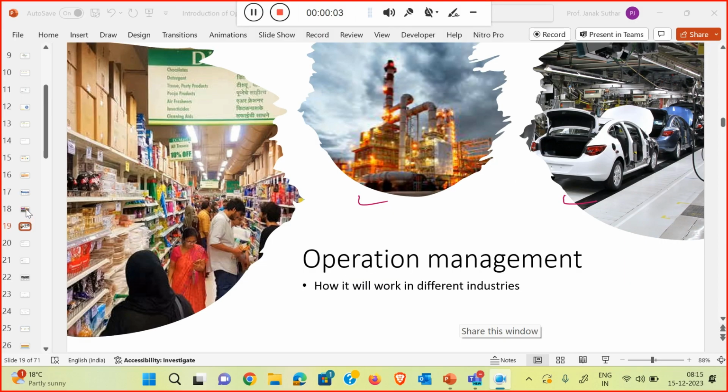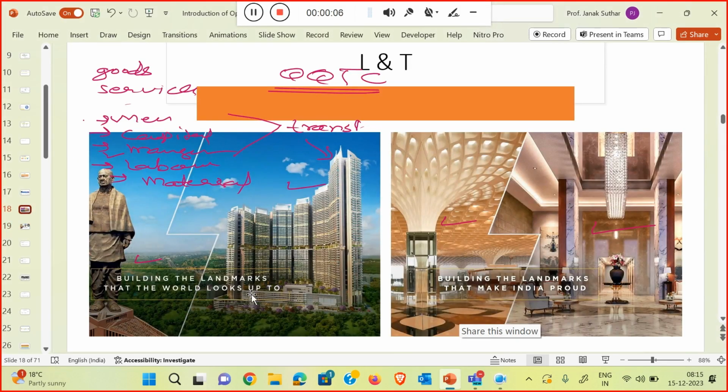So any doubt? Again, you can see these are different types of products, or goods, which are produced. For that, some input is required. That is man, capital, management skill, material, and energy. So many things will be there, and some transformation process will be there that converts all the input into the desired output. That may be the building, the unity statue, the airport,